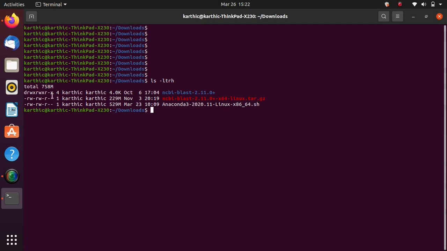It has uncompressed while leaving the source file intact. So let's check the contents of this directory.